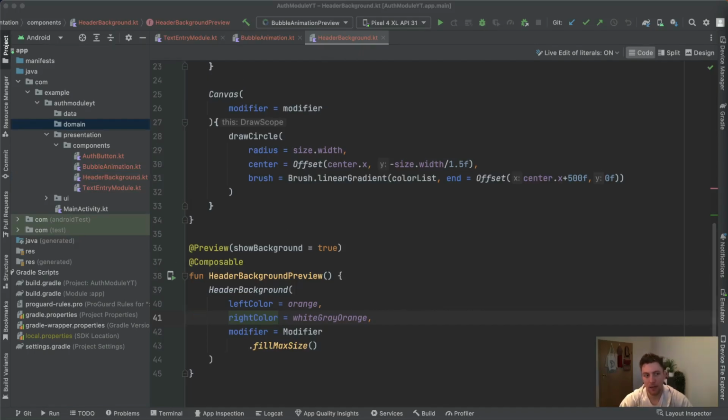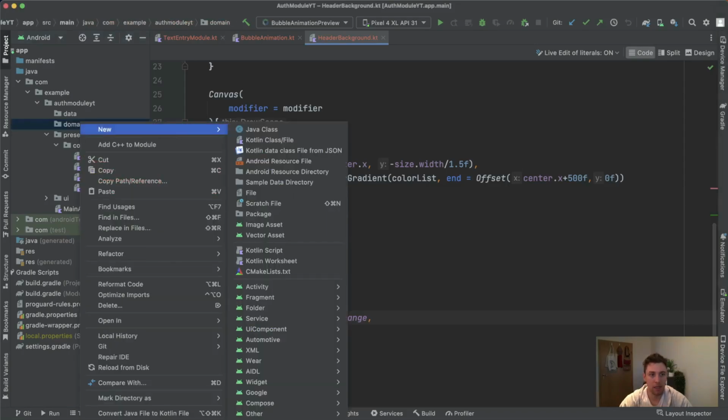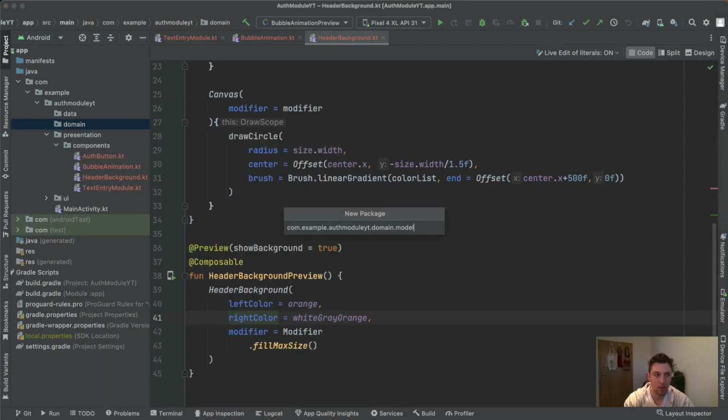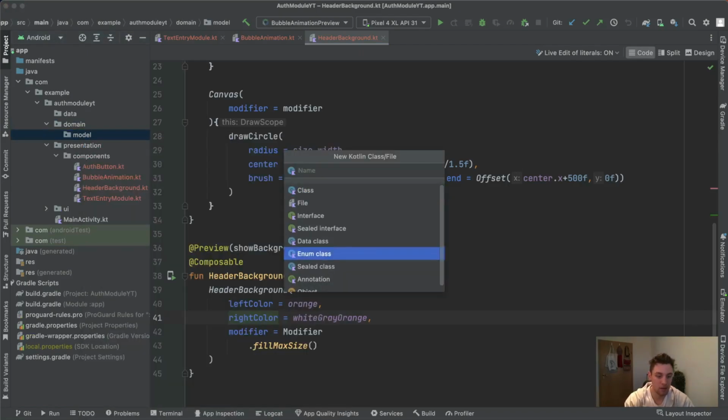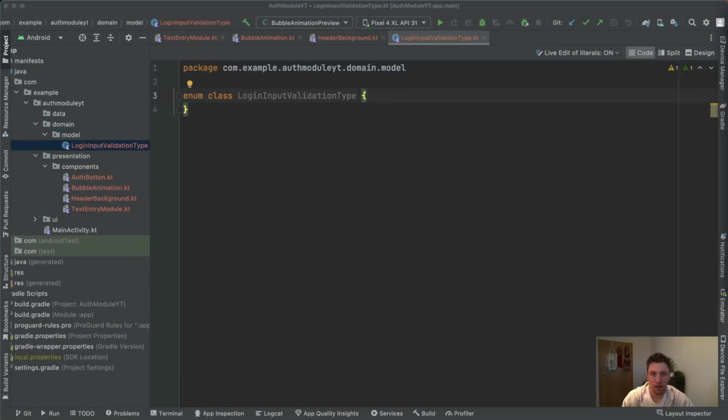We will also validate later that our business logic actually works properly with unit tests. In our domain package, we can create another package called model, where our business models belong to. Here we will create an enum class called login input validation type. This enum class is kind of a language for the ViewModel because our business logic will return such a login validation input type, and then the ViewModel can determine what should be shown, how to update the state depending on